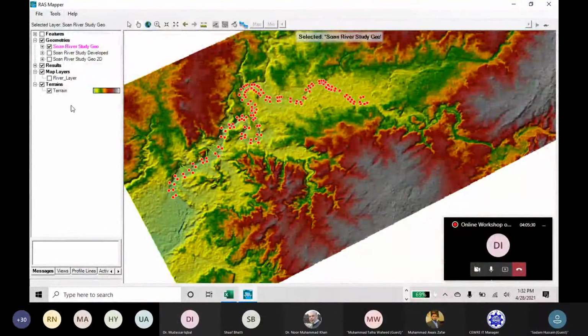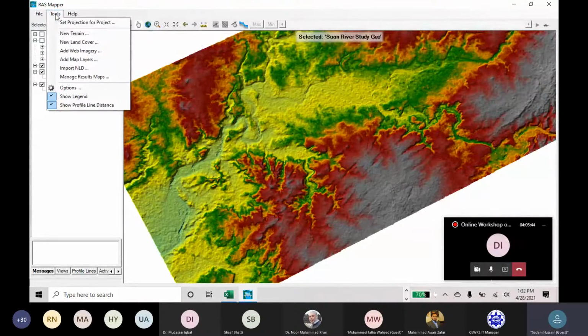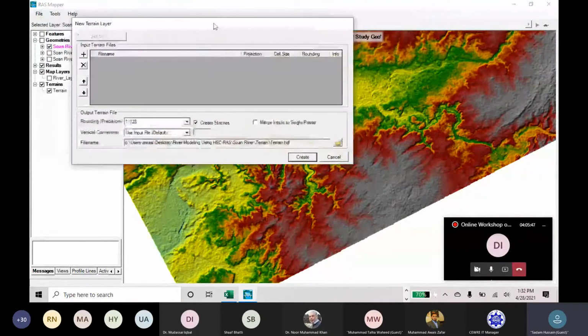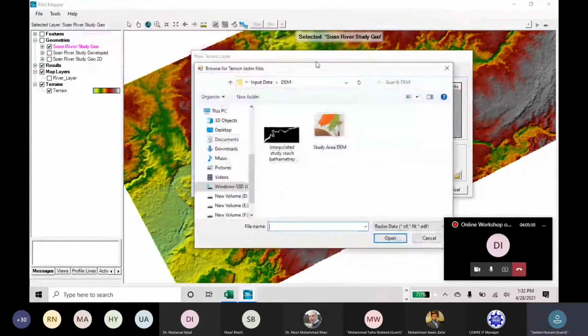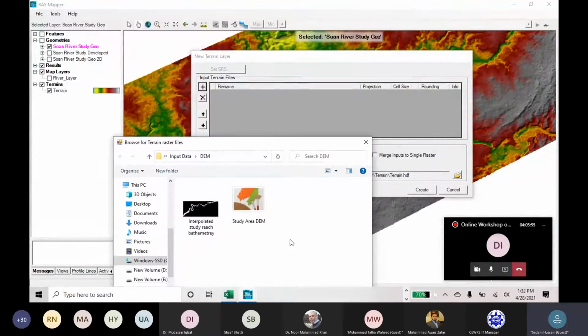How will we modify our digital elevation model? This is the original terrain which we have downloaded from our online source. Now we will modify our digital elevation data with the help of our survey data. The procedure is the same: create new terrain. First, select the data you want to incorporate, and then select the data to embed it into.